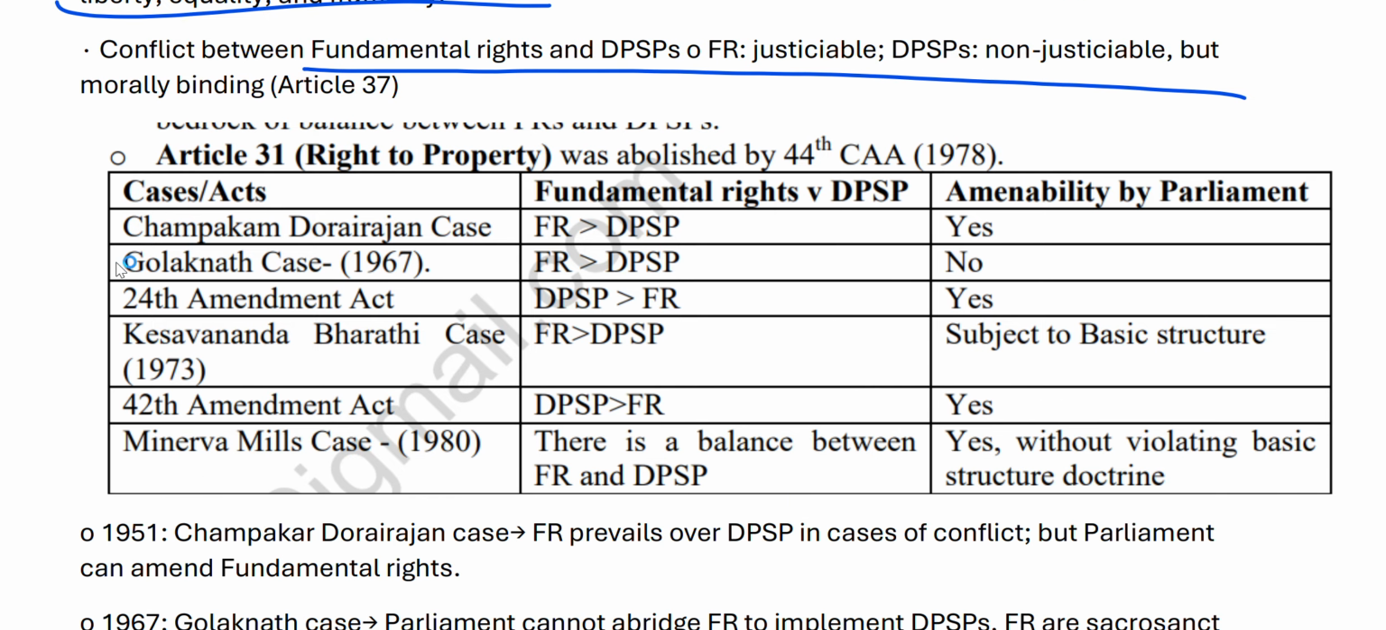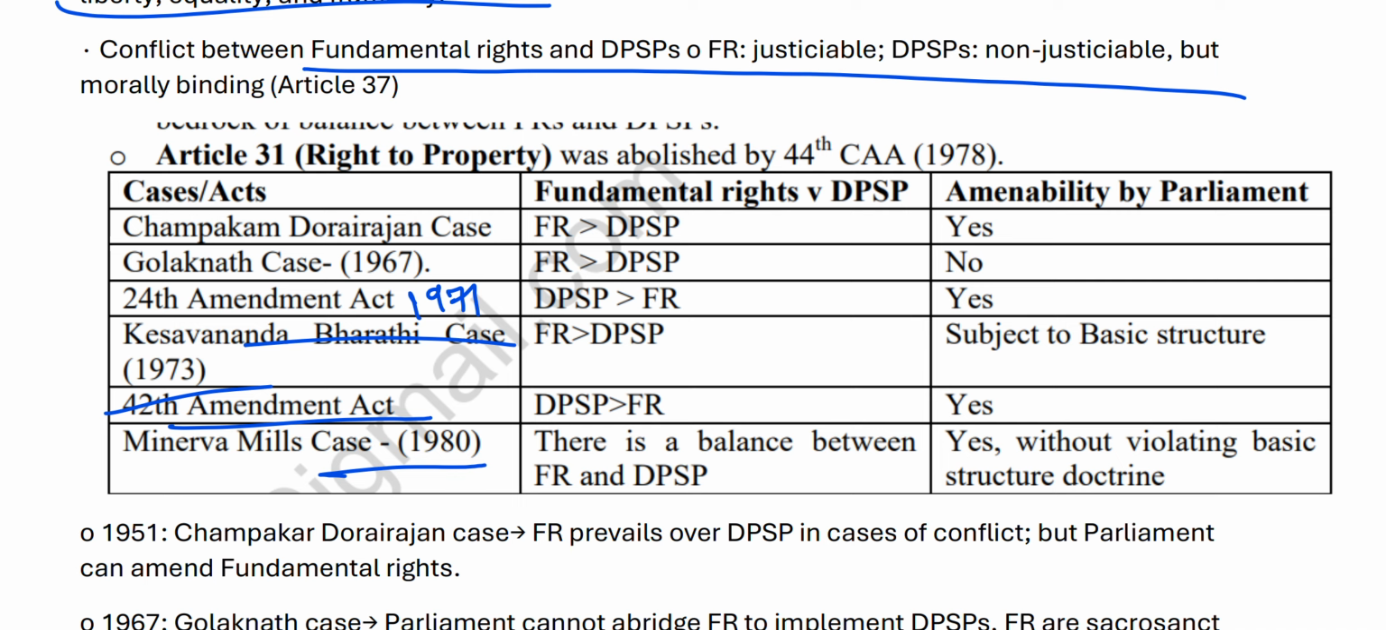Champakam Dorairajan case 1951, Golaknath case 1967. We have the 24th Constitutional Amendment Act of 1971. Kesavananda Bharati case, 42nd Amendment Act and Minerva Mills case. Right. We'll be having the Champakam Dorairajan case, Golaknath case. After the Golaknath case,